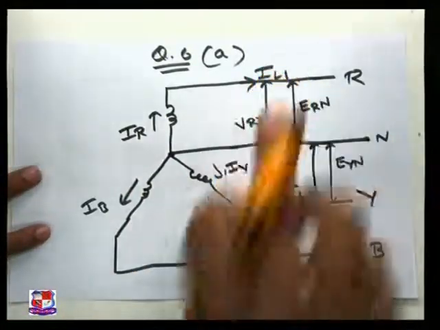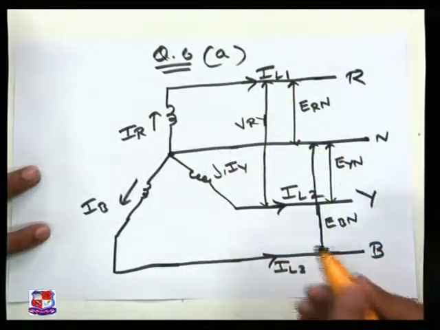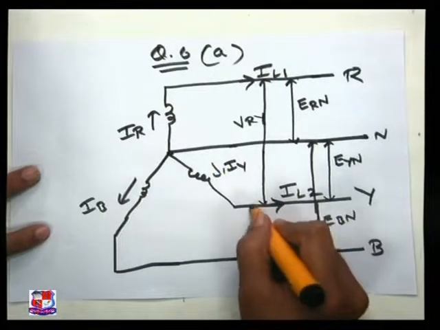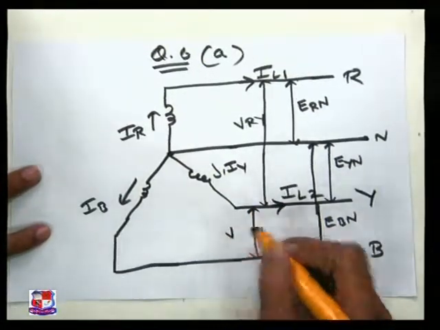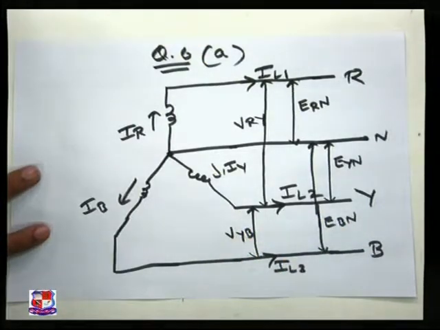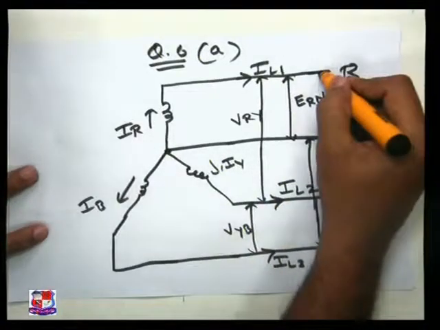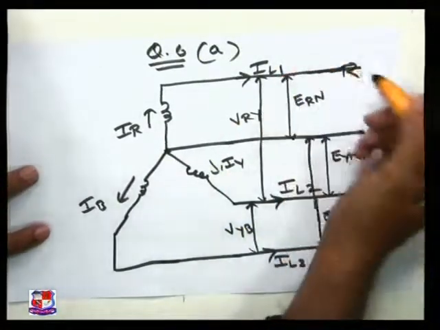So this will be VRY, between two windings, between R and Y. Similarly, between Y and B I can directly write VYB. Similarly, if I want to write between R and B,